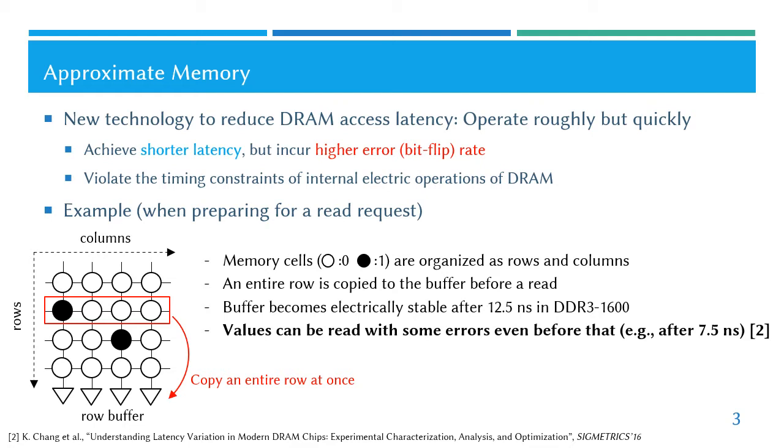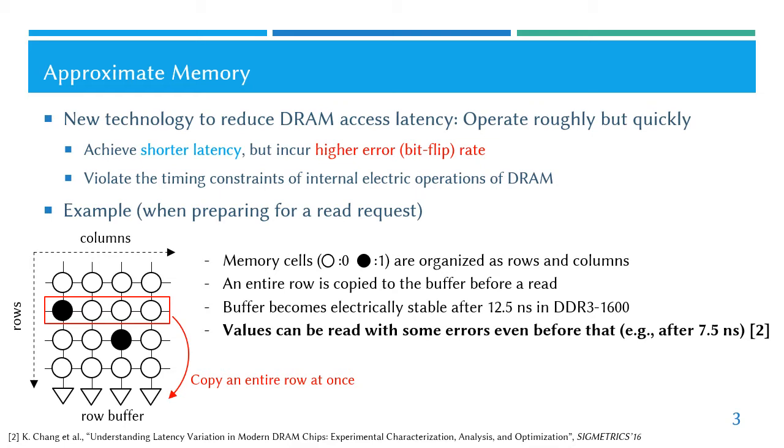So here's an example. Memory cells, each of which contains 1 bit of data, are organized as rows and columns. Before a read request can be issued, an entire row of the cells has to be copied to the buffer. And the buffer becomes electrically stable after 12.5 nanoseconds in DDR3-1600. However, an existing work found that the values can be read with some errors even before that, for example, just